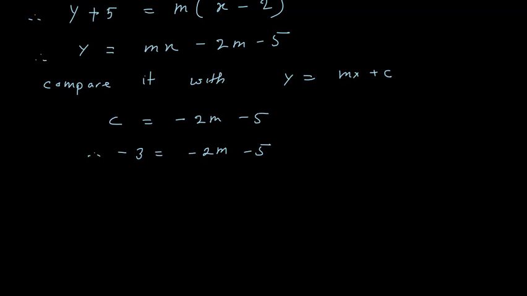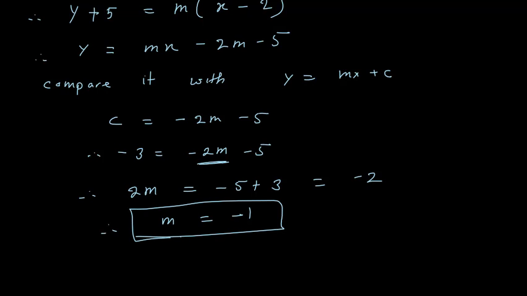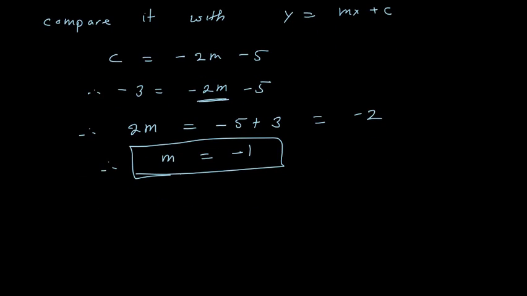So therefore this minus 2m I bring in left, so it will become 2m is equals to minus 5 plus 3, which is minus 2. Therefore the value of m is minus 1. Minus 2 upon 2 is minus 1. So I get the value of m as minus 1. Therefore I will say that the equation of line is